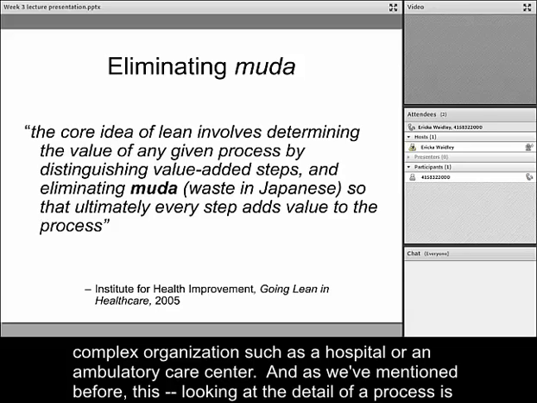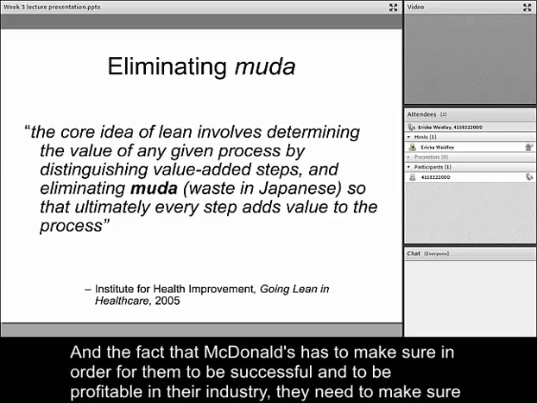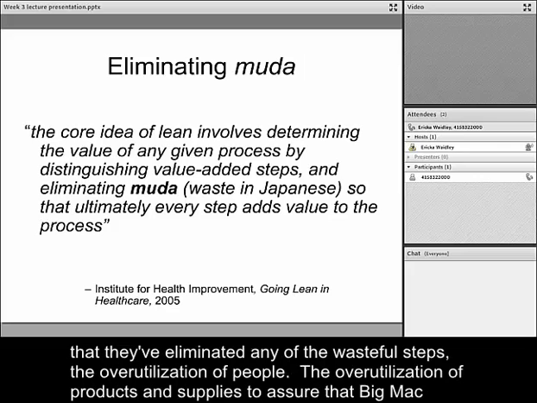And as we've mentioned before, this looking at the detail of a process is even appropriate in other industries. And we've talked about looking at McDonald's and the process for putting together a Big Mac hamburger, and the fact that McDonald's has to make sure, in order for them to be successful and to be profitable in their industry, they need to make sure that they've eliminated any of the wasteful steps, the overutilization of people, the overutilization of products and supplies,